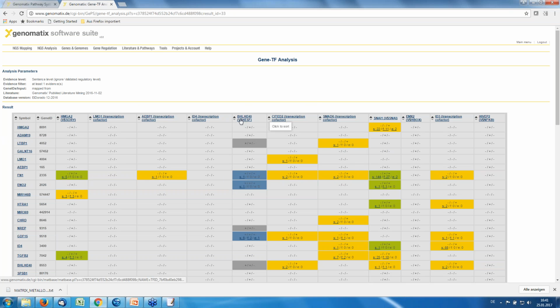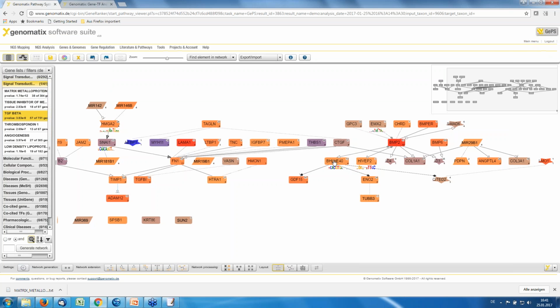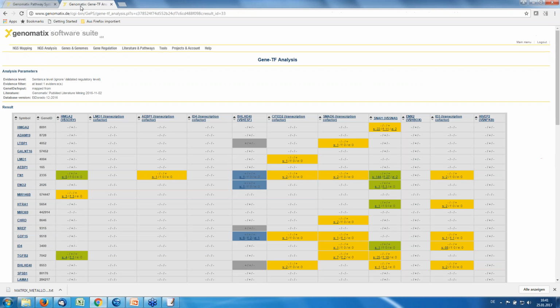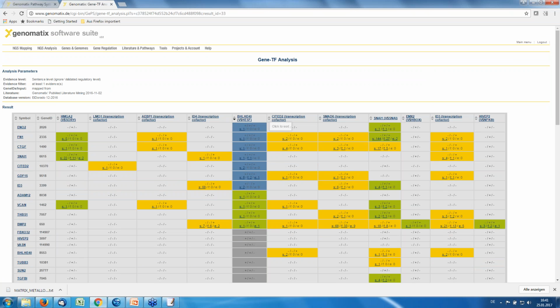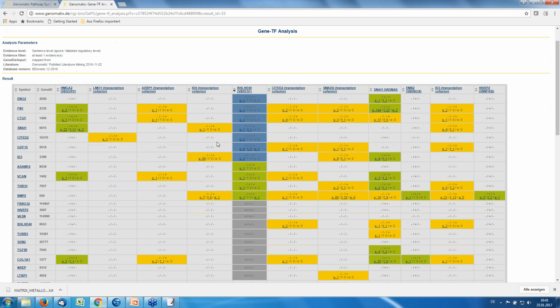For example, here for the BHLHE40, so this guy here, we can sort the list by clicking on the arrowheads here, and we find that we have 7 entries with a dark blue background, which means that we have both a validated interaction from ENCODE data,